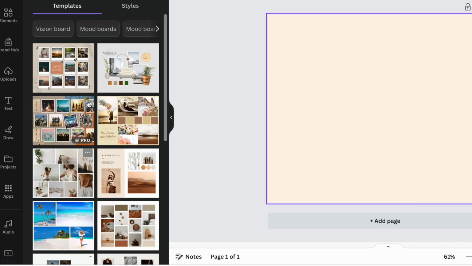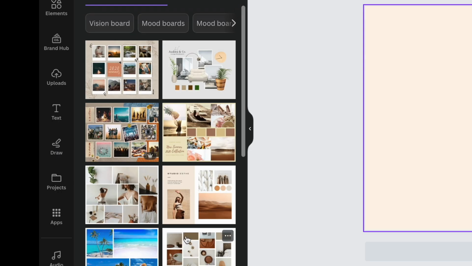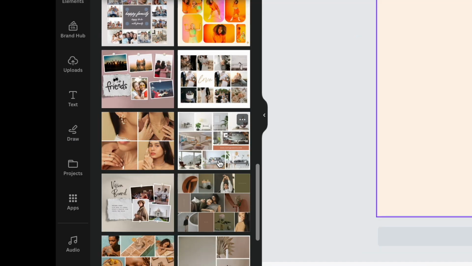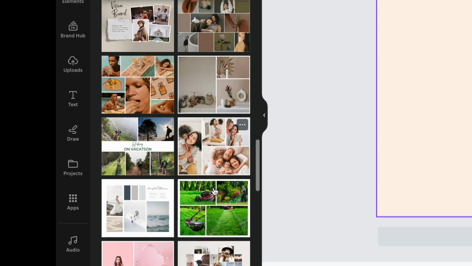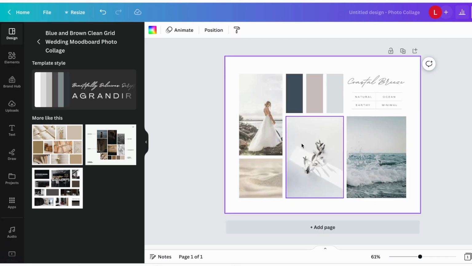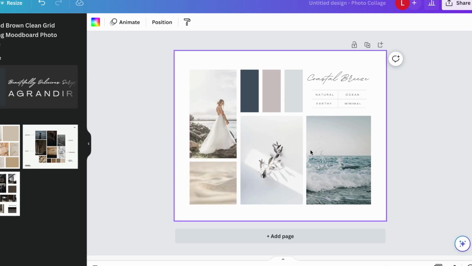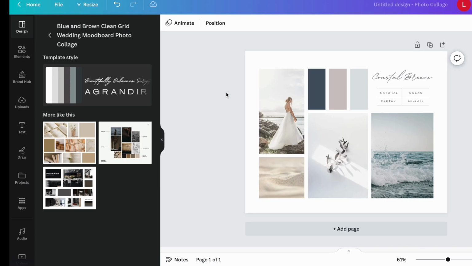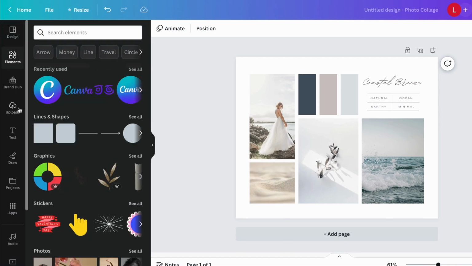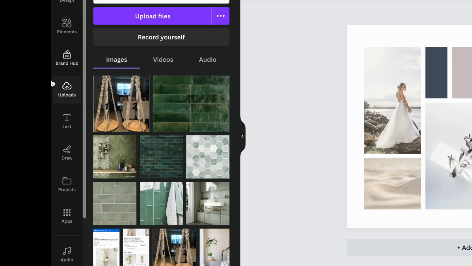So now let's go look at some templates. Let's pick one we like. I like ones that are going to give me a place to give more information like this. It's going to allow me to do some paint colors, a little bit of text, and some pictures to get the feel. So now that we've got our template, we can go to our uploads because we have uploaded all